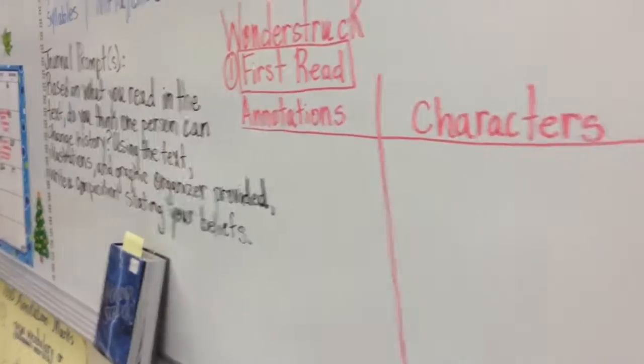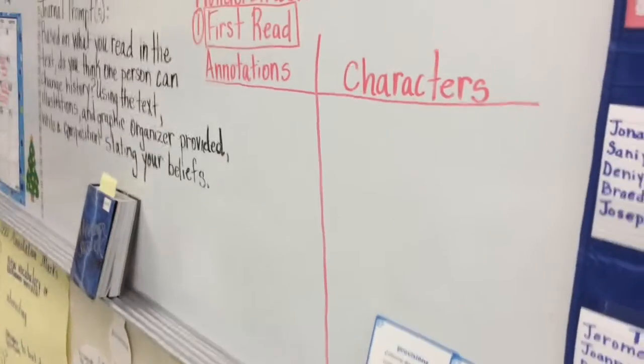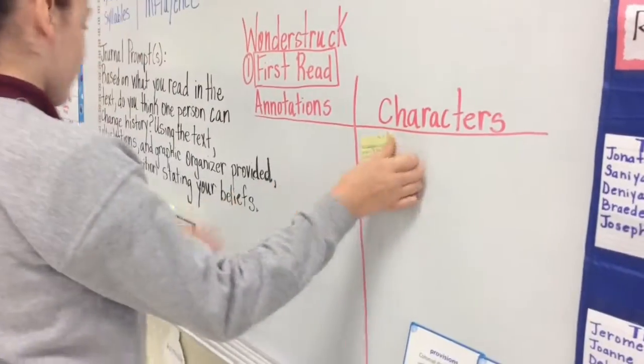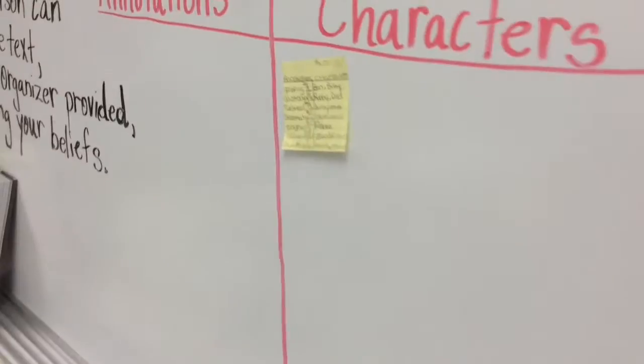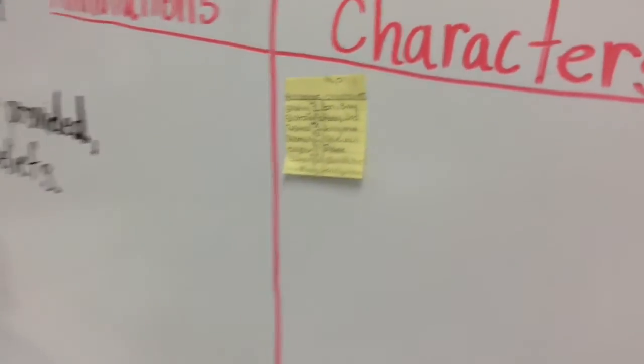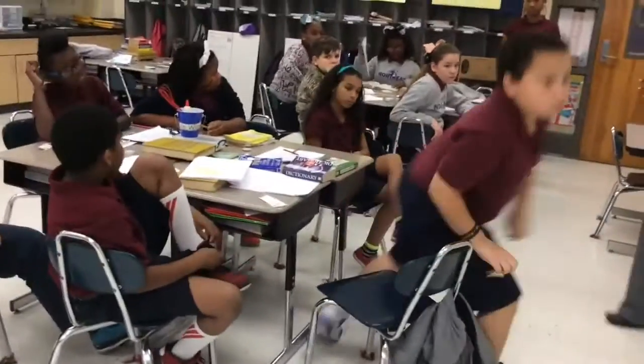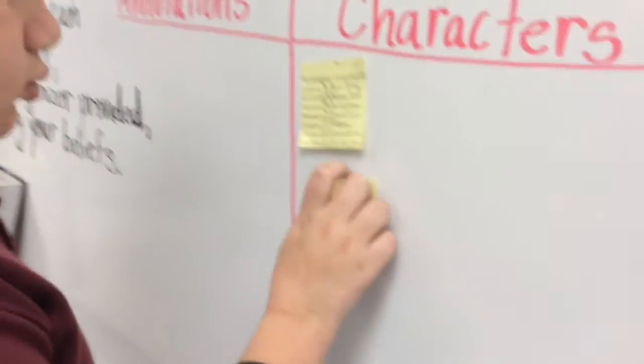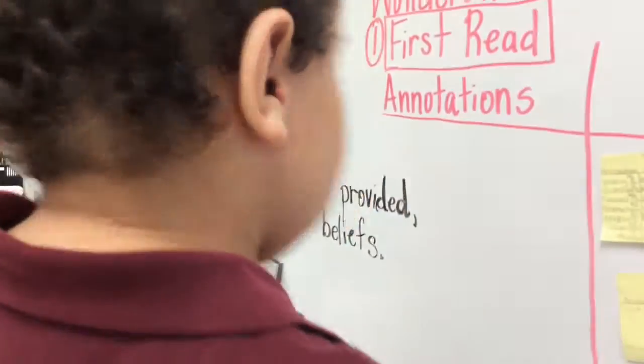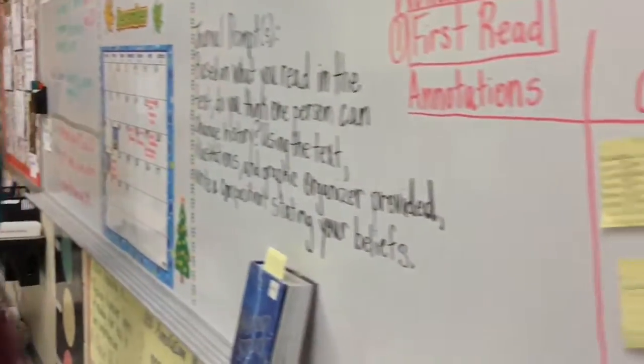So spatula table. Go ahead and stick your post-it note underneath the characters. Whisk table. Come up and stick your characters underneath there. Now, Shadasia is going to come up and look at what those two tables put, and she's going to read the characters that they came up with. For the spatula